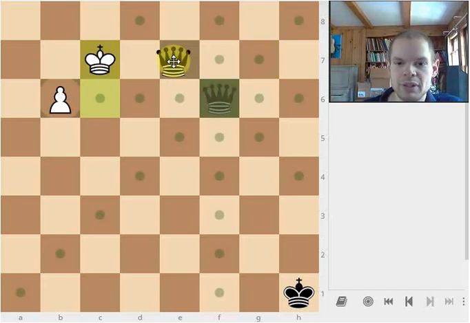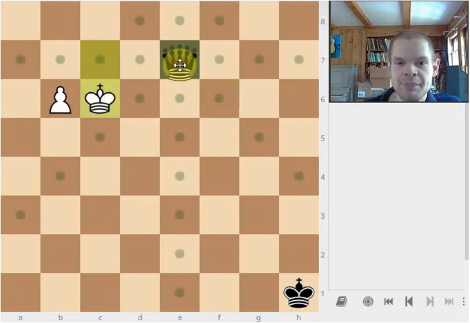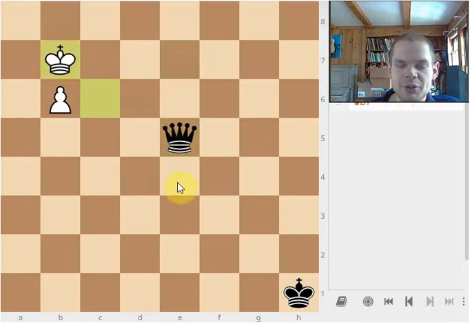queen to, let's go with e7 check, king c6, and let's say queen to e5 threatens to put the queen on the b8 square. White has no choice but to play king b7, and black is all...